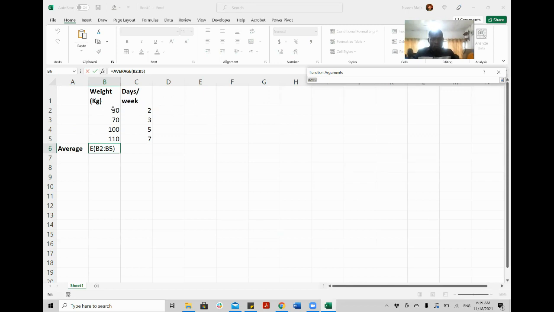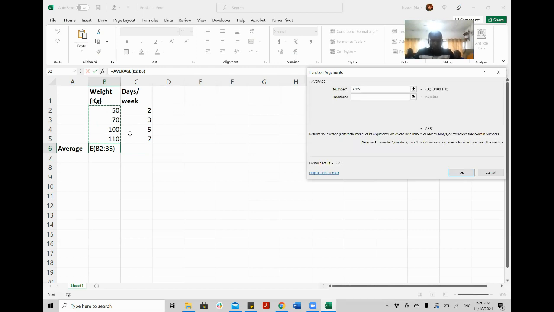You move your mouse over the 50, the topmost number, press one left click and drag it down. When the whole column is selected, you release the mouse. That's it. Then you hit enter on your keyboard, and now you select OK.